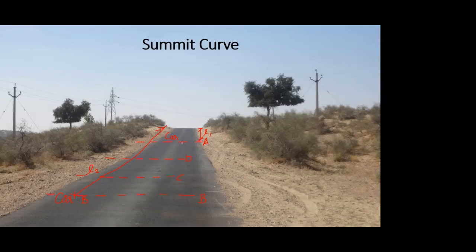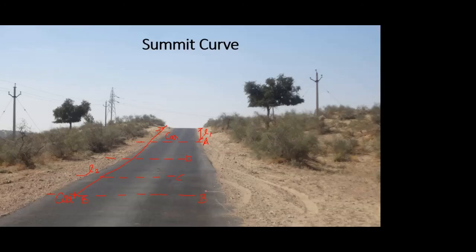Are you getting the question? I am asking, what will be the deciding factor which will provide me the information whether the vehicle which is on the other side of the curve, or whatever object on the other side of the curve, will be visible to me at point B itself, or I have to travel up to point C, or up to point D, or up to point A. Okay.